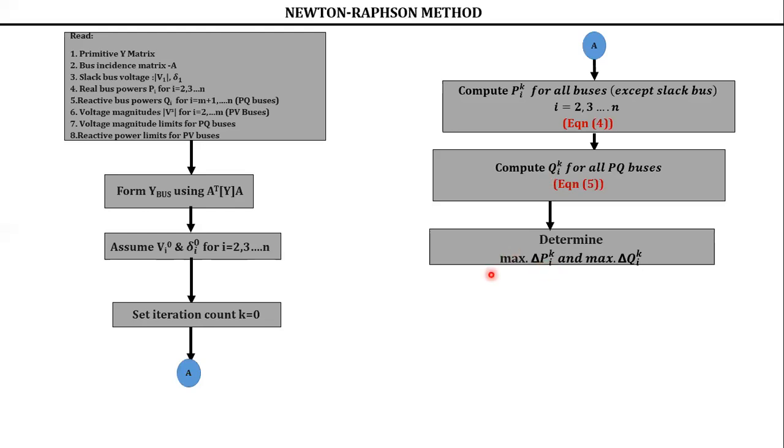Suppose you have 3 buses. At which bus the maximum power residual? That means at which bus the change in maximum power has occurred, that you take it. Understood? Because here I varies from 2, 3, etc. So among these various buses, at which bus the change in real power is maximum, that is maximum of delta PIK. And at which bus the change in reactive power is maximum, that value you take it, because you will be having multiple buses. Understood? So the maximum change in real power and maximum change in reactive power you determine.